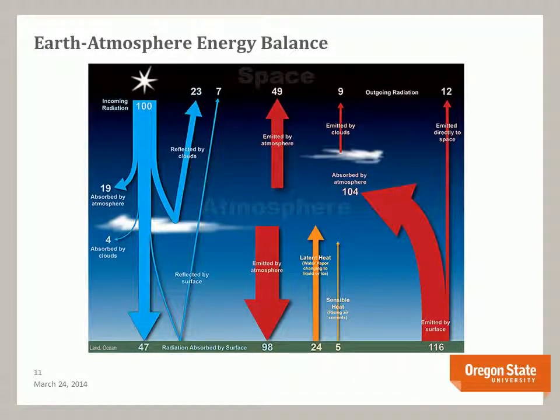Now let's look at another model for the Earth's energy balance. This slide shows a model for the different transfers of shortwave, high-energy ultraviolet radiation, shown in blue, and long-wave, lower-energy infrared radiation, shown in red, and two types of thermal energy, shown here in orange, that are exchanged in the atmosphere due to convection. This model assumes a beginning energy total of 100 units, which are usually recorded as milliwatts per meter